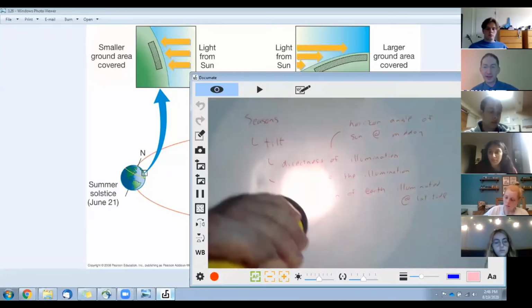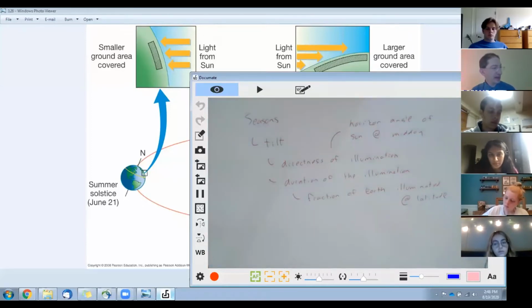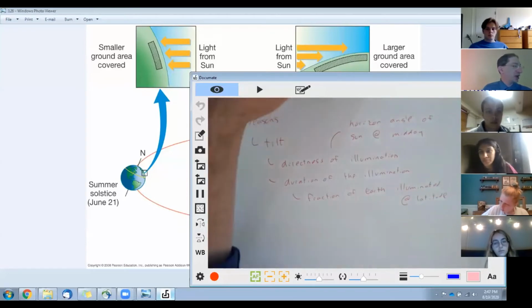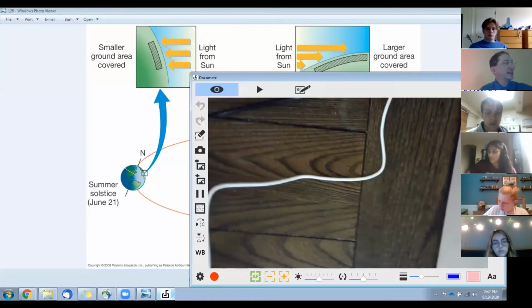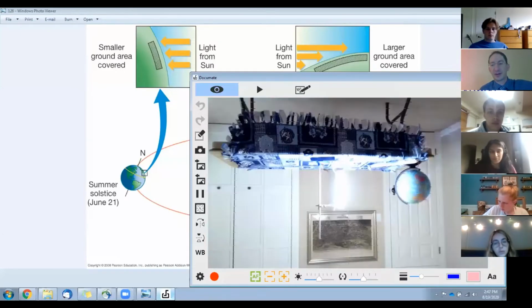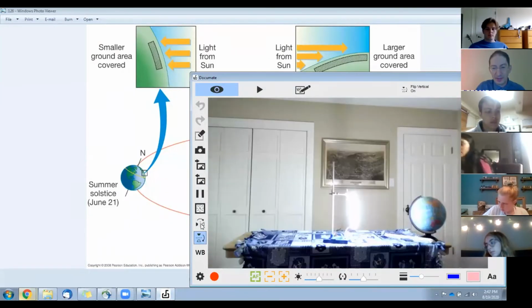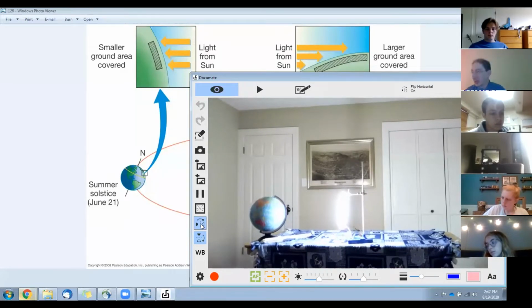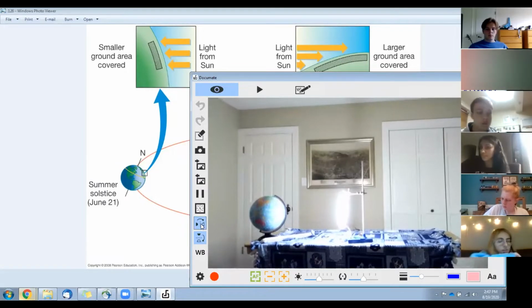This is a high horizon angle. This is a low horizon angle. Okay, I think next I want to go back and demonstrate this on our globe light apparatus. And I'm going to cautiously rotate my dot cam around because this is when I died in the last class. There we go. And then I flip it and flip it. Okay, so let me go over there. Okay, so here we are.